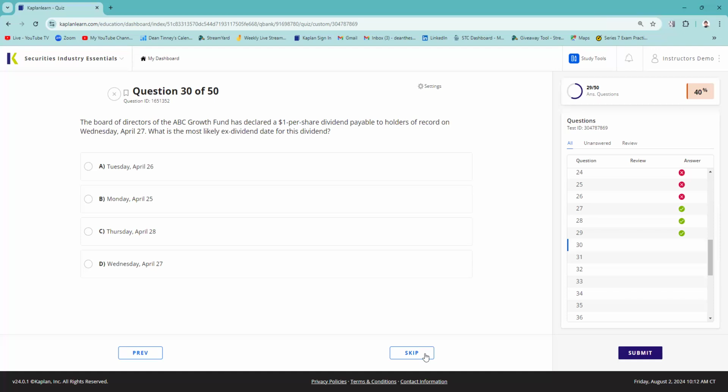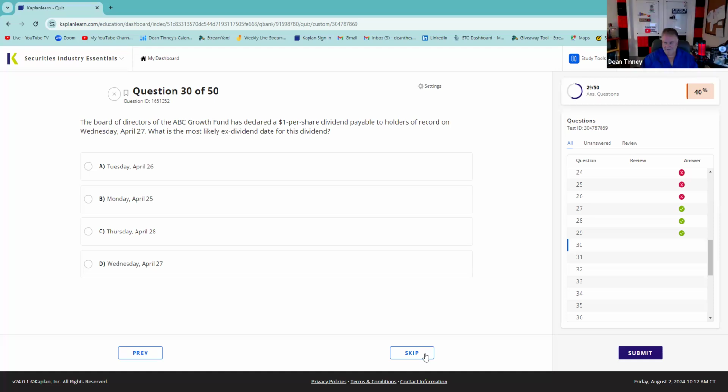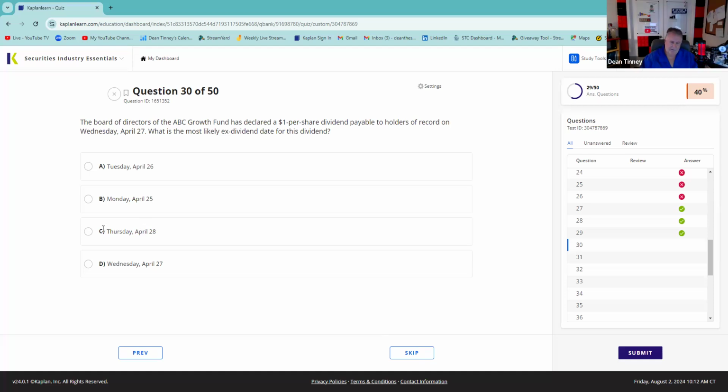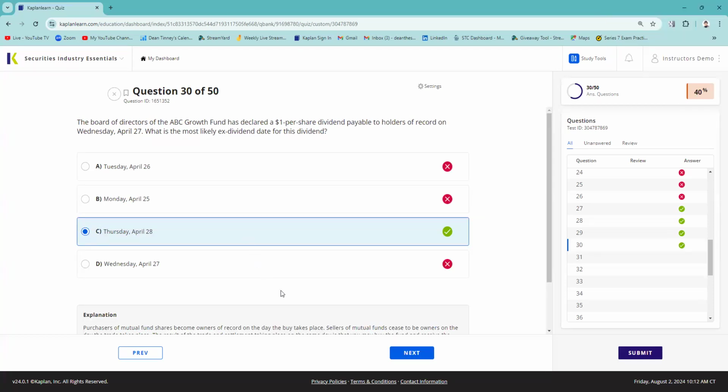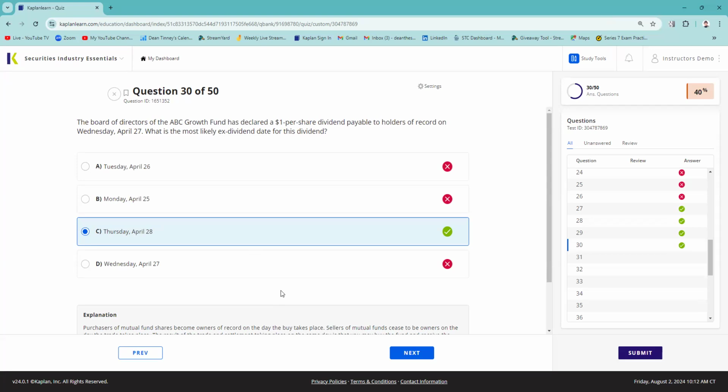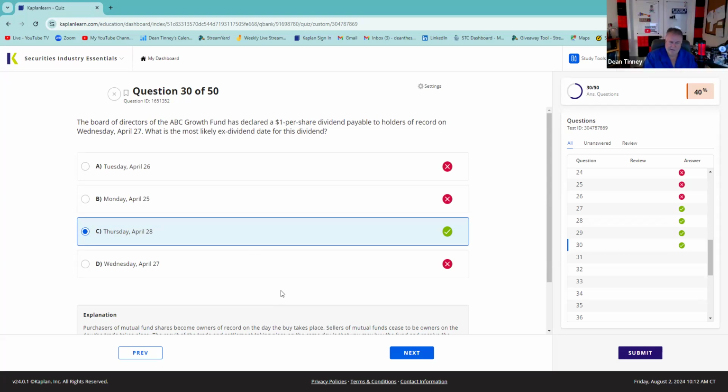This is not taking place in the secondary market, meaning the open-end fund knows exactly where all its shareholders are. So it's going to be the day after the record date. Open-end mutual funds have a different X date than stocks that trade in the secondary market. It's typically the day after because all of the dates are set by the board of directors in an open-end mutual fund. Whereas in the secondary market, the X date is not set by the board of directors. It's a function of the Uniform Practice Code, which standardizes practices within the securities industry.